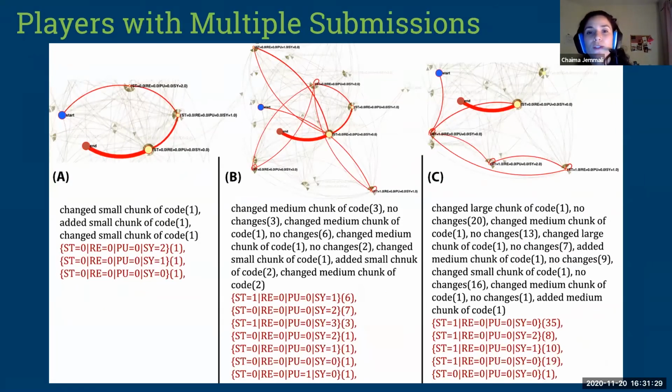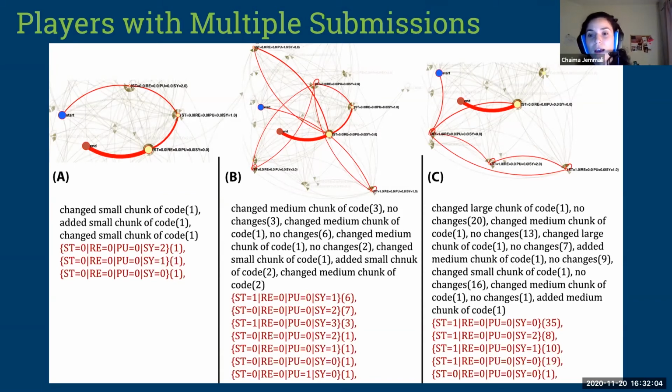Comparing, for example, students with relatively the same amount of errors, for example, B and C, we see that if it was aggregate data, we would think of them as the same, like struggling students. But in fact, if we look more closely, we see that player B had changes that were less systematic at the beginning, but more systematic as they went through the debugging process and tried to fix one error at a time and made medium to small code changes,